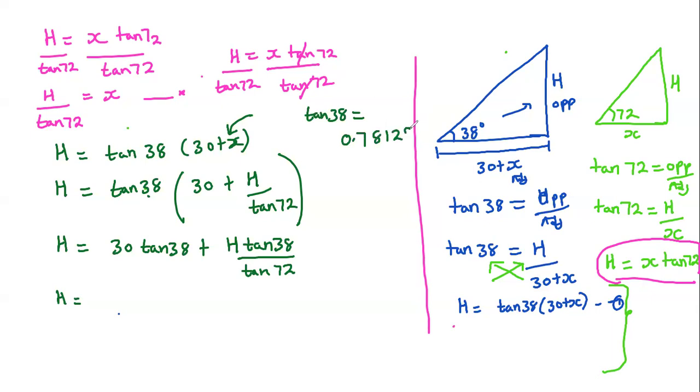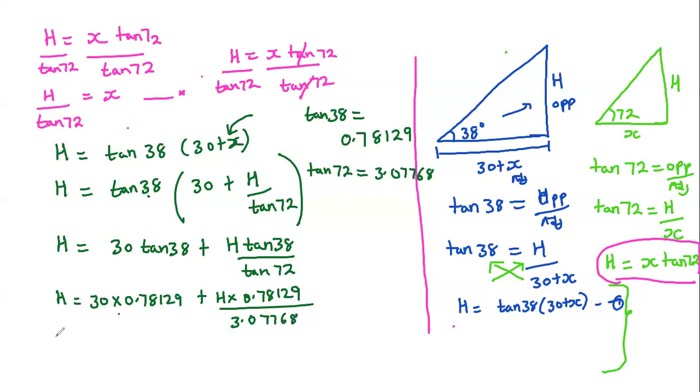0.78129. I'll put 9. Then when you check out tan of 72 on your calculator, tan of 72 will give us 3.07768. So those are the ones I'm going to substitute. So here I'll say 30 times tan 38, which is 0.78129, plus h times tan 38, which is 0.78129, divide by the